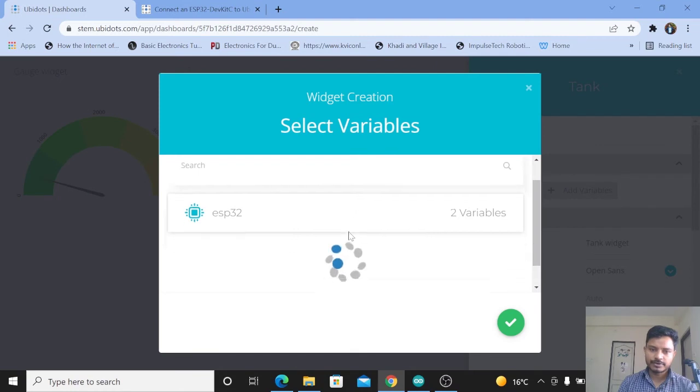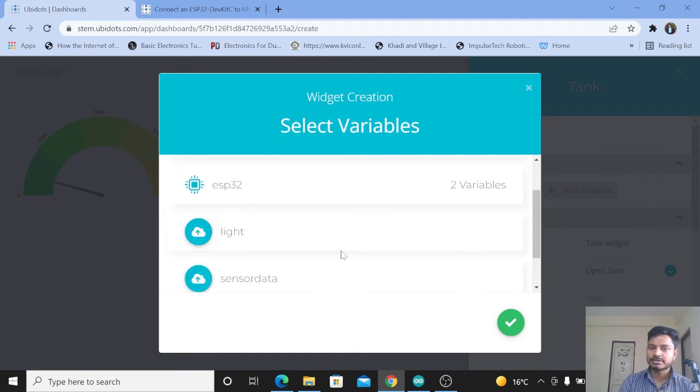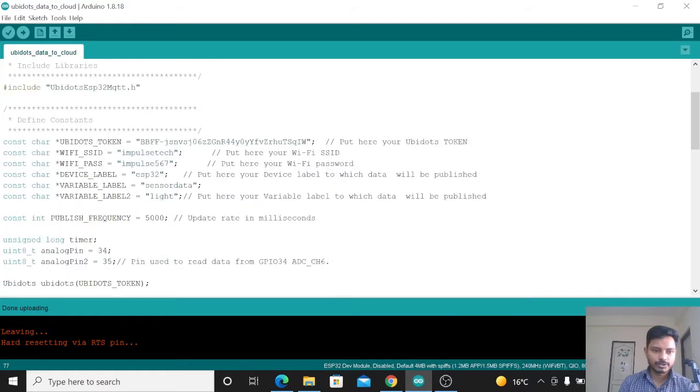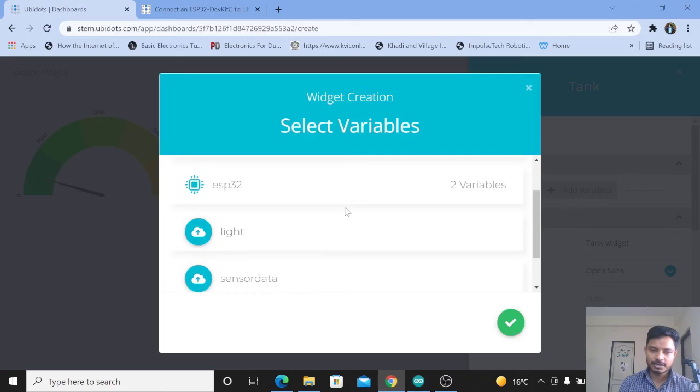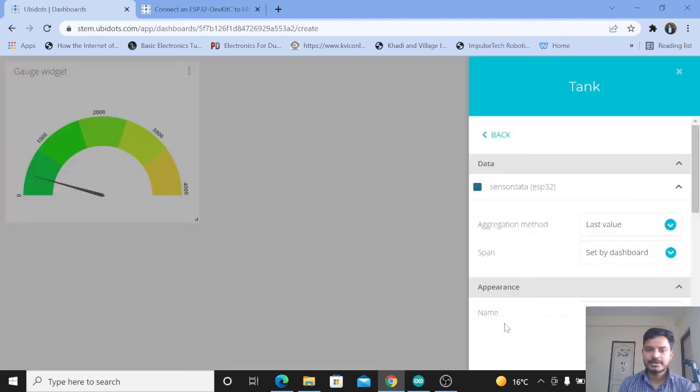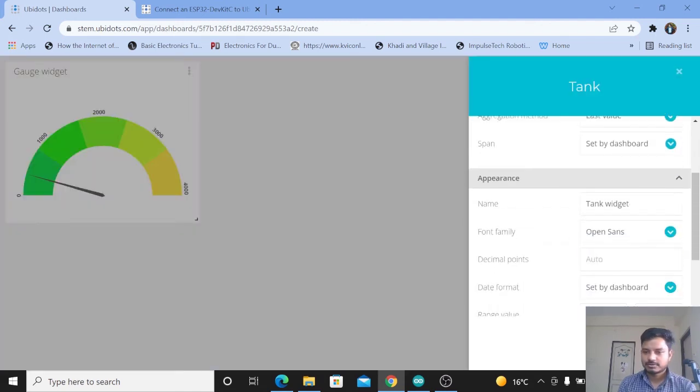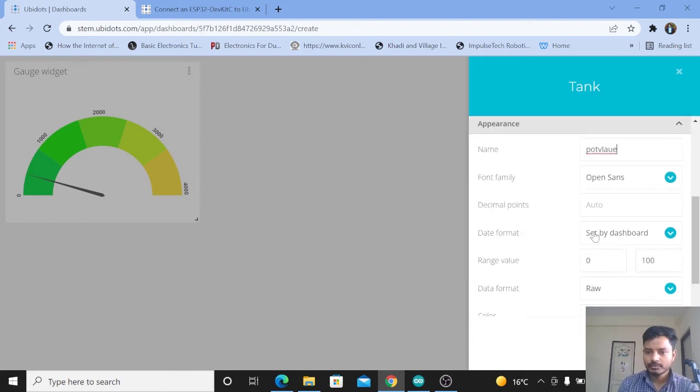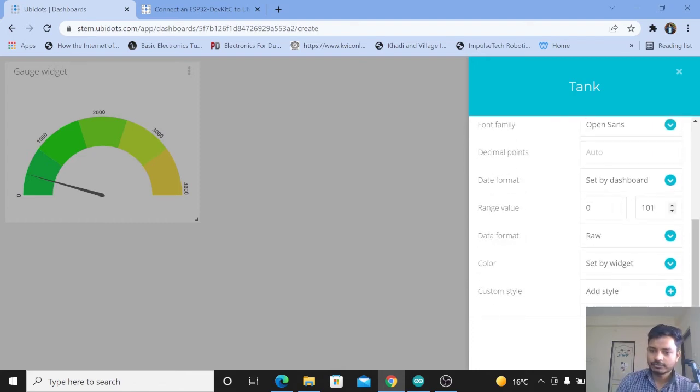As you can see, we have created two variables, one is light and one is sensor data. If you want to know, you need to go to the Arduino. As you can see, we have created sensor data and light, the same variables that appear here. You can see light and sensor data. So select sensor data, click on that. I'll just give the name pot value, and the maximum value that we will get here